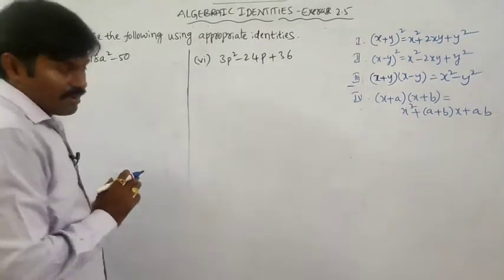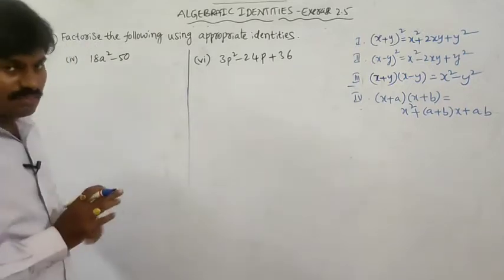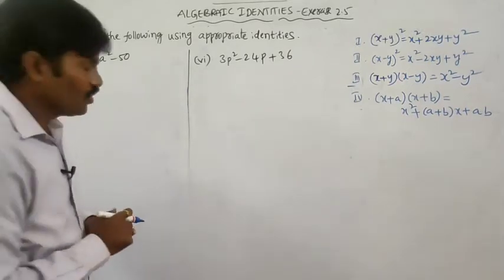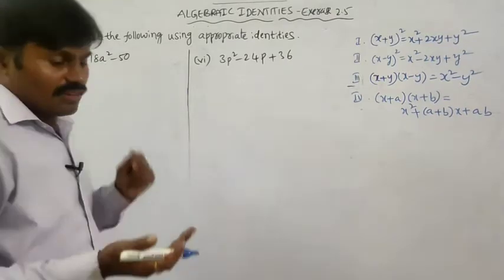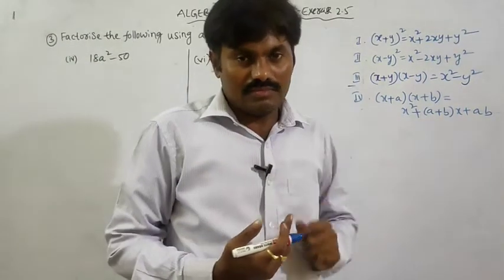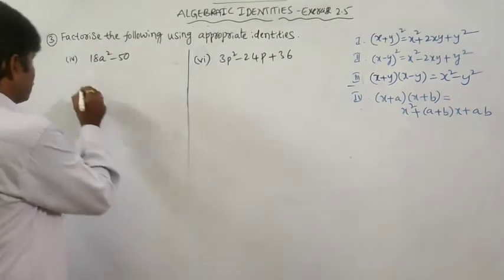Is 18a square a perfect square? A square is a perfect square, but is 18a square a perfect square? No. Is 50 a perfect square? No. Then how? Try to get a common factor. Okay, so this can be written as